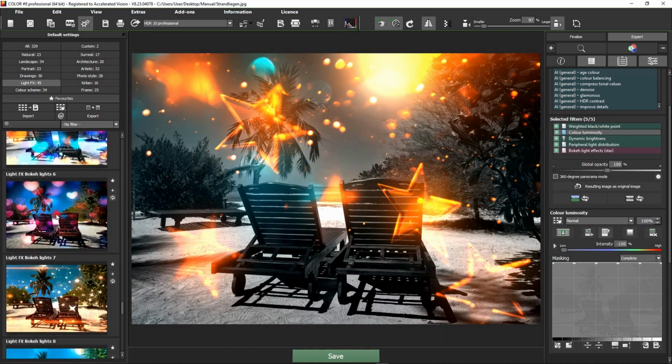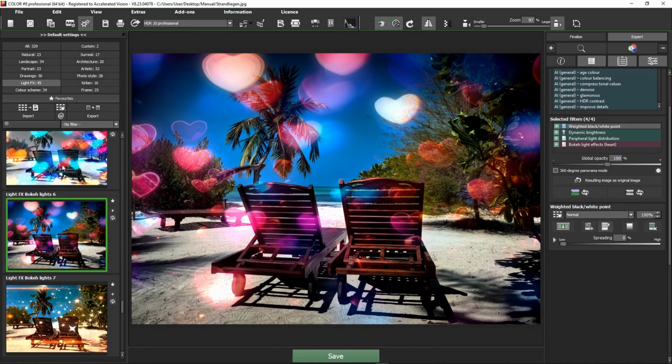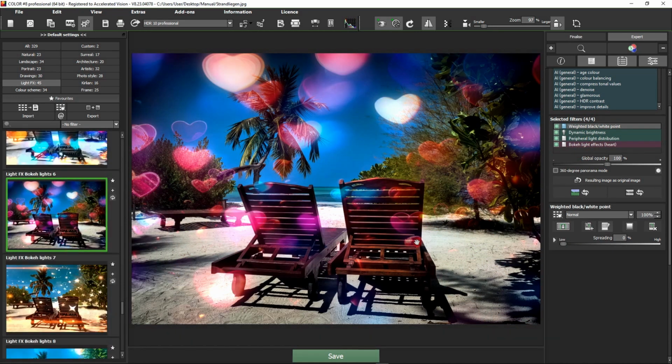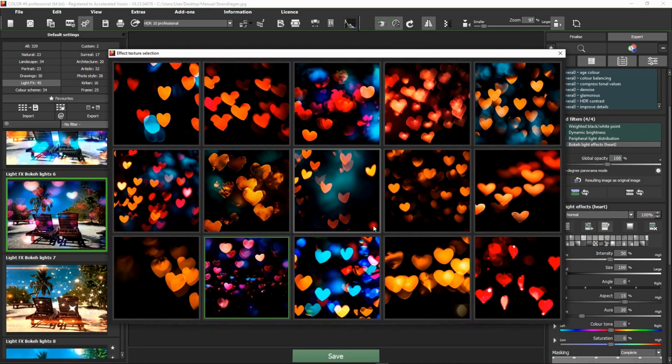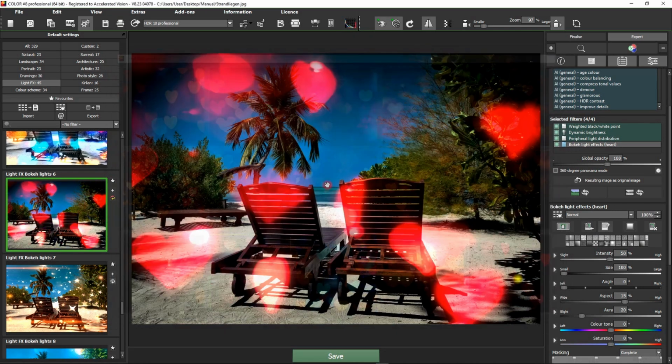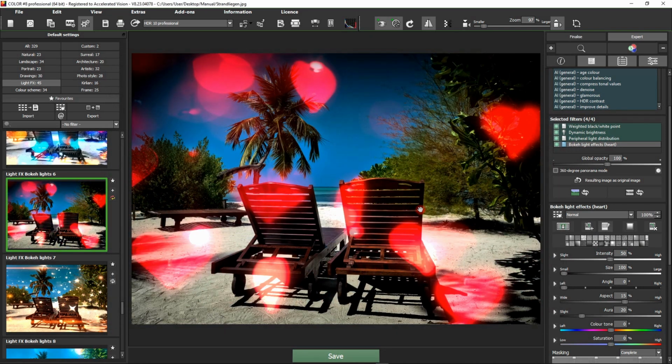Or the bokeh hearts, which you can select in the bokeh light effects here. There are several textures to choose from. Let's choose the red hearts up here. Perfect for making postcards, greeting cards, and that kind of thing. In the effects area,